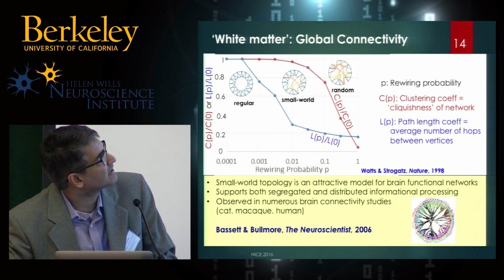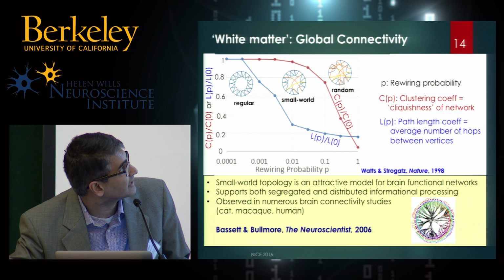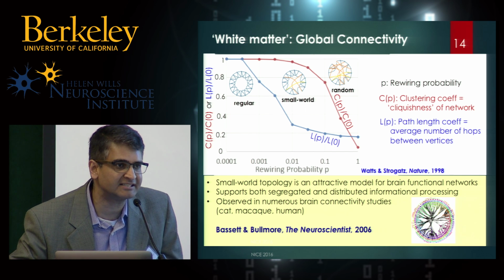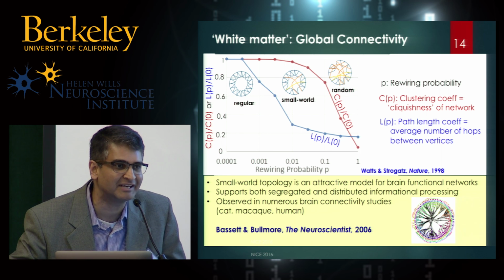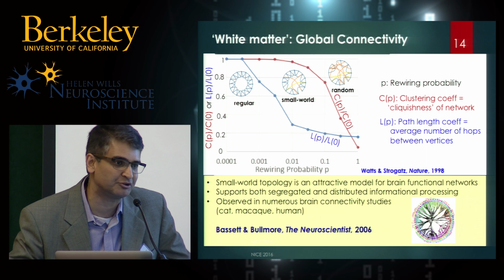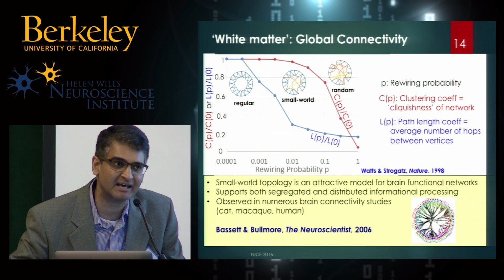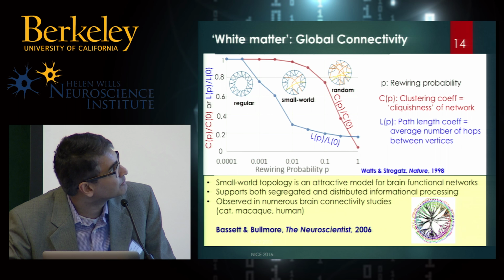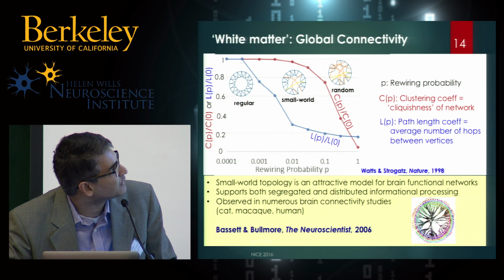For the white matter, the global connectivity, luckily there exists a simple model, and this is based on the idea of a small world network. I think this concept is probably familiar to most people. This is the concept of six degrees of separation: if you look at all the people in the world and you start asking yourself, do you know somebody? If you start looking at it through chains, you can see that typically we know each other through maybe 5 or 6 other people who know each other. And the brain, actually, if you look at this mathematically, falls in the sweet spot of this curve,